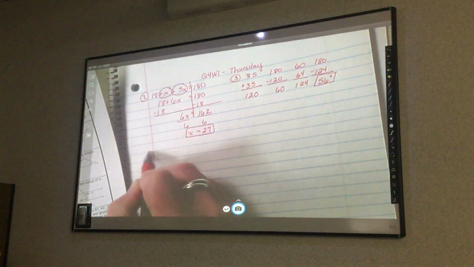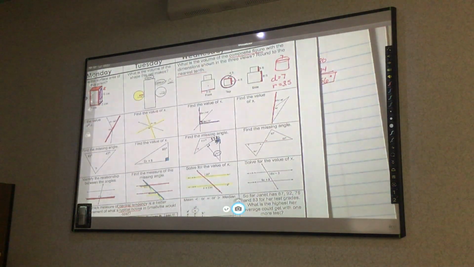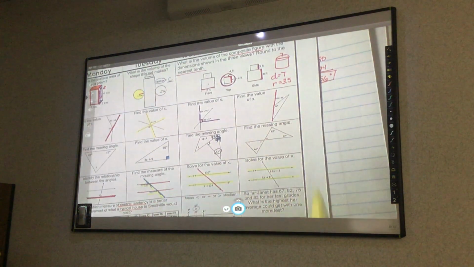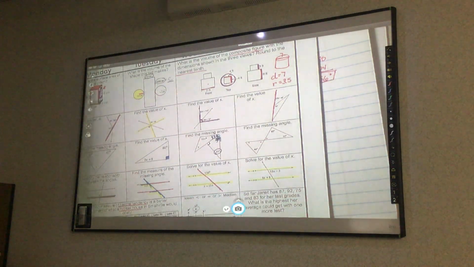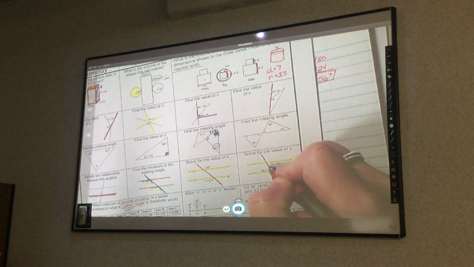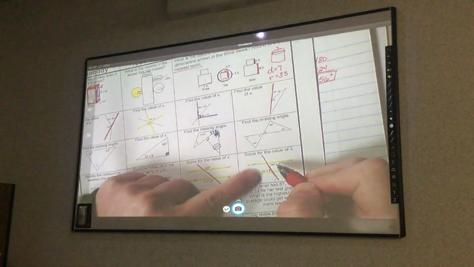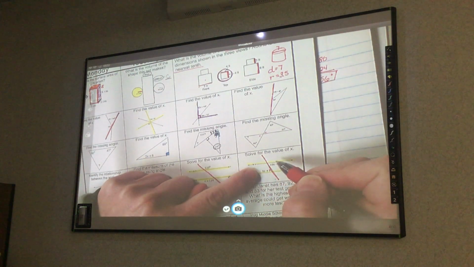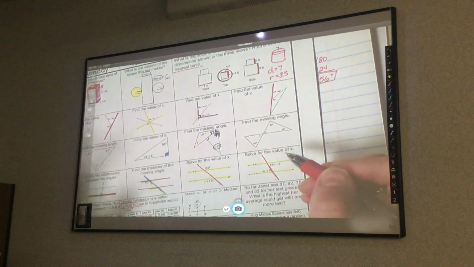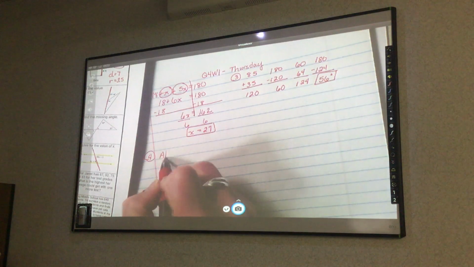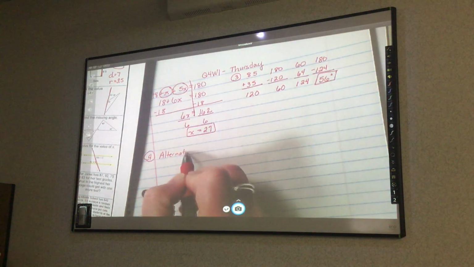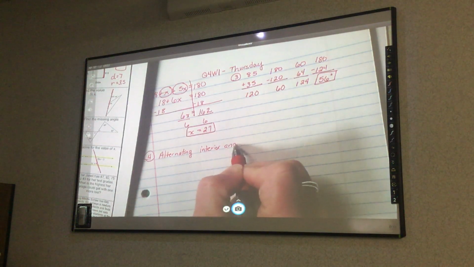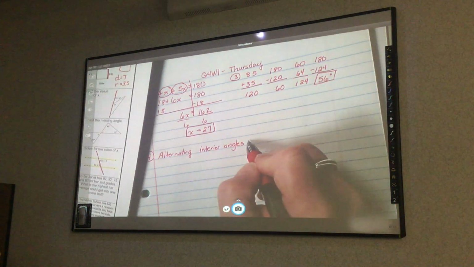Number 4. We have our parallels, so I'm going to highlight them. Here is our intersecting line. Are these angles on the interior or exterior? Interior. Are they corresponding or alternating? So these, I want you to write down alternating interior angles. And what happens to alternating interior angles? They